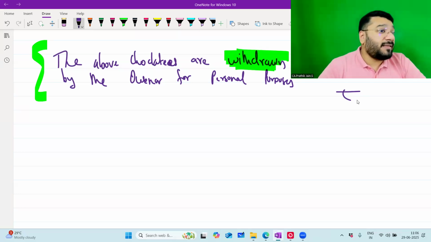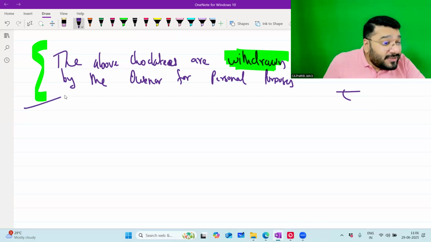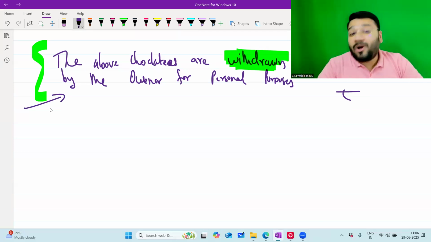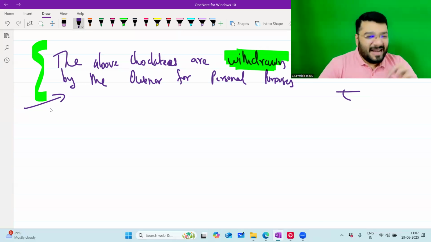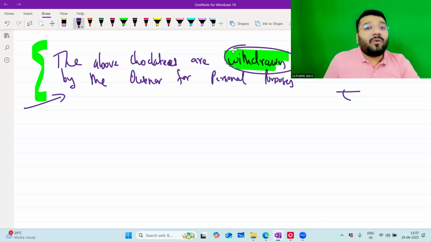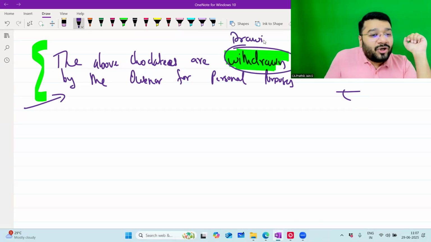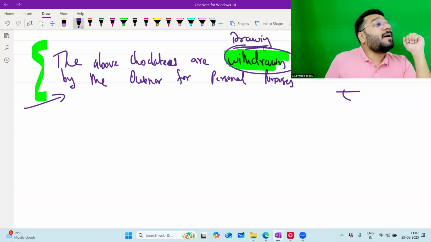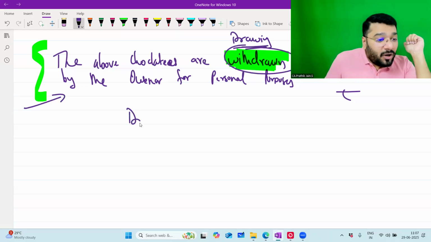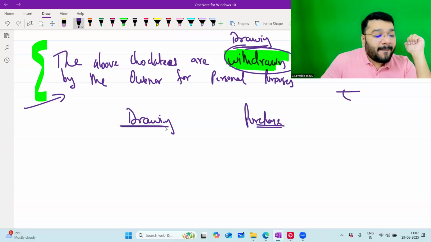Since I didn't put the purchase in the transaction, can I record a purchase account here? No. Fellow, when did I say that whatever the language is given in the transaction, that account only you have to open? When did I say that? What Dharya said is absolutely correct. He nailed it. He said two accounts are affected. One is the withdrawal account. The withdrawal account's name is what? Drawings account. And second is the purchase account. Why the drawings account and why the purchase account? Because we are drawing the goods for personal use.